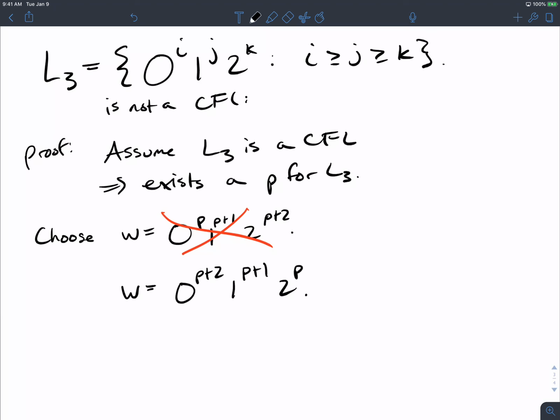Yeah, so then for all I at least 0, I remain in the language. Remember, we got to show one value of I doesn't work. So, and for the same reason, if I have the V and the Y part both in the ones, for example, then I could have V be empty, Y be a single 1, and no matter which value of I I pick, the number of ones is going to be at least the number of 2s. It's going to fail if I pump more for the number of zeros, but it's going to satisfy the other requirement for J at least K. So this string won't work either.